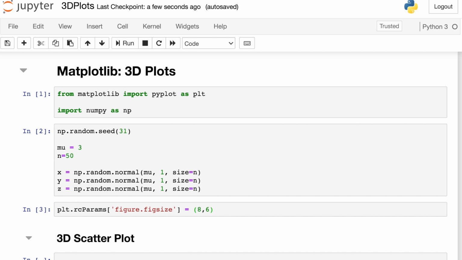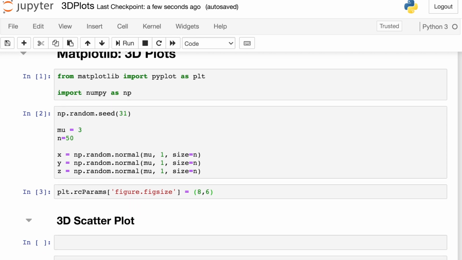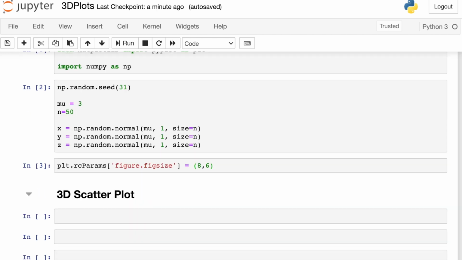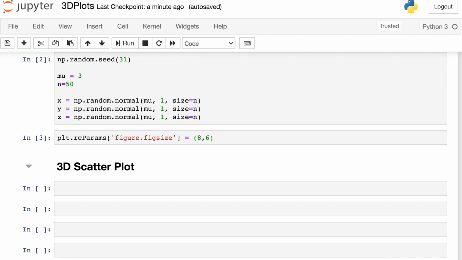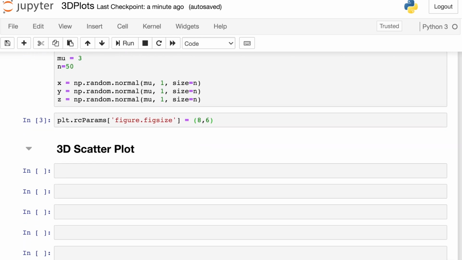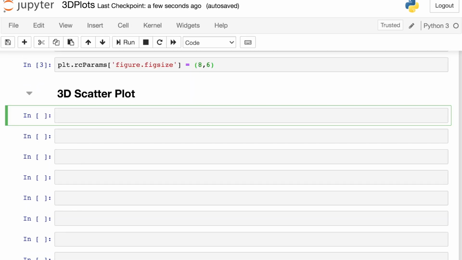First, I'm going to import the pyplot module as well as NumPy. I'm using NumPy's random module to create some X, Y, and Z data, and I have 50 points in total. I'm also going to use the RC parameters to update the figure size for all of the figures that I make. There are several different 3D plots you can make with Matplotlib, but let's go ahead and start by creating